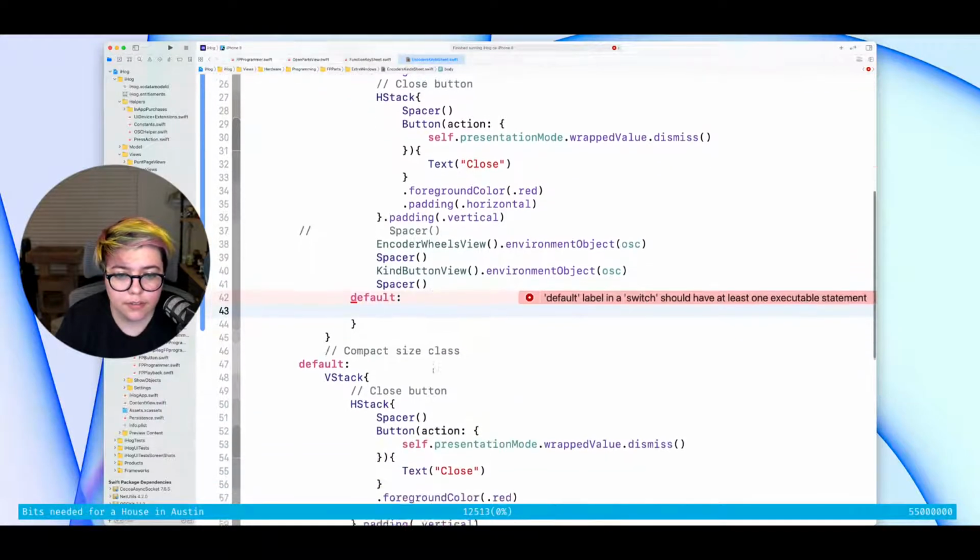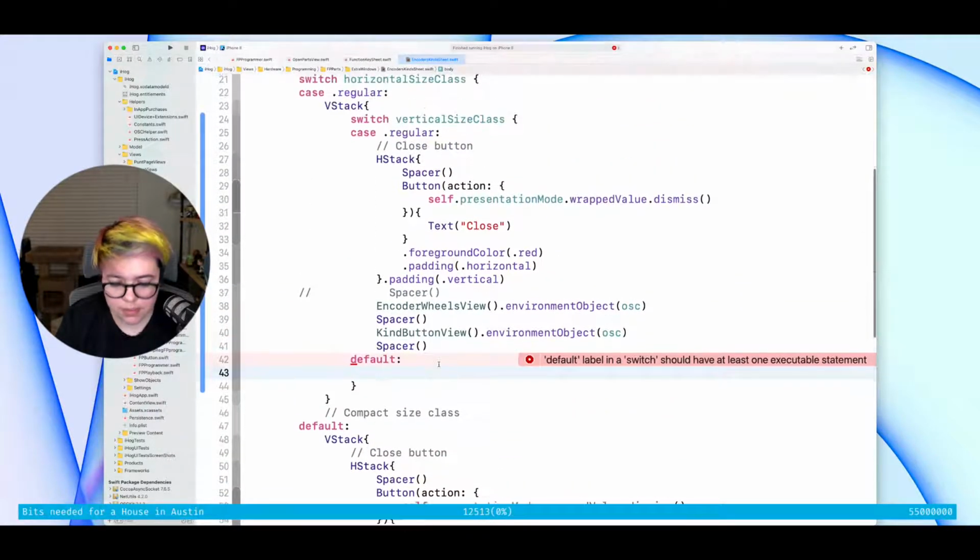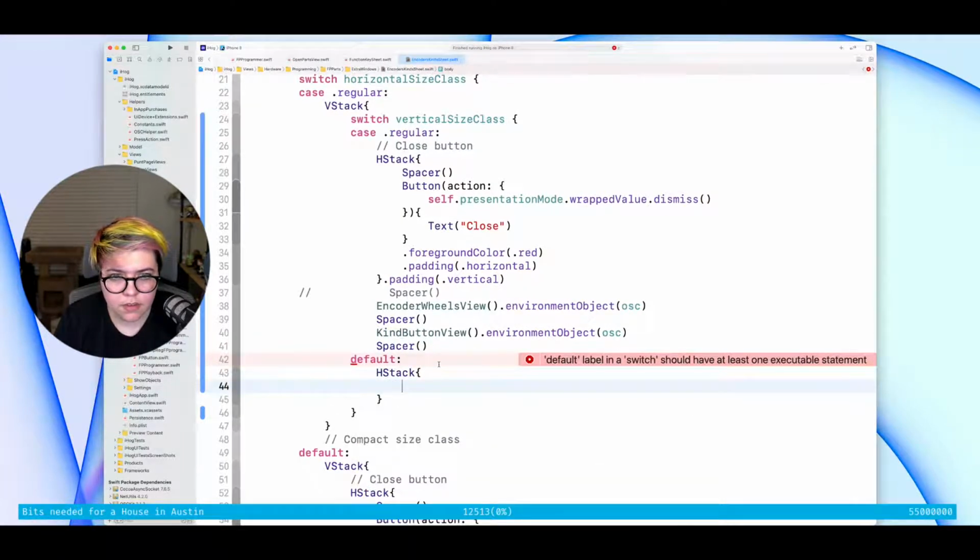Don't worry, it will. So we want to actually make this an H stack. And inside the H stack, we want it to go